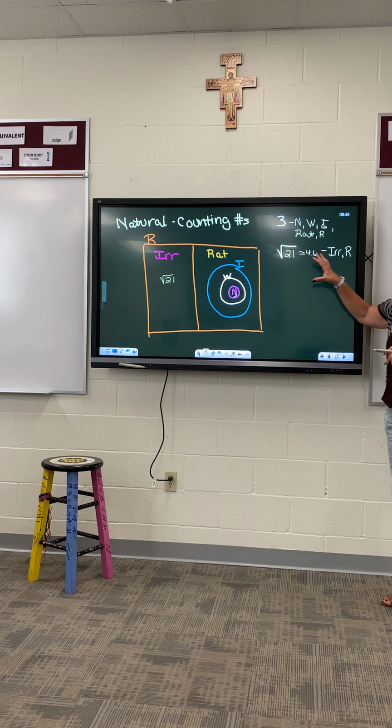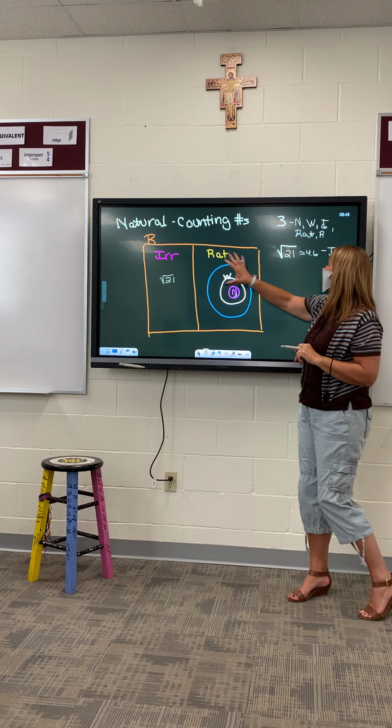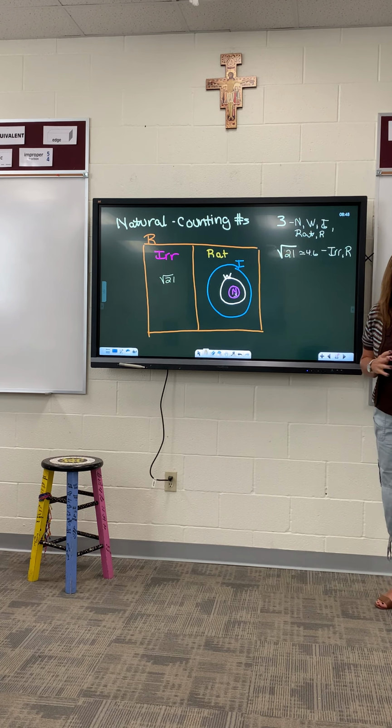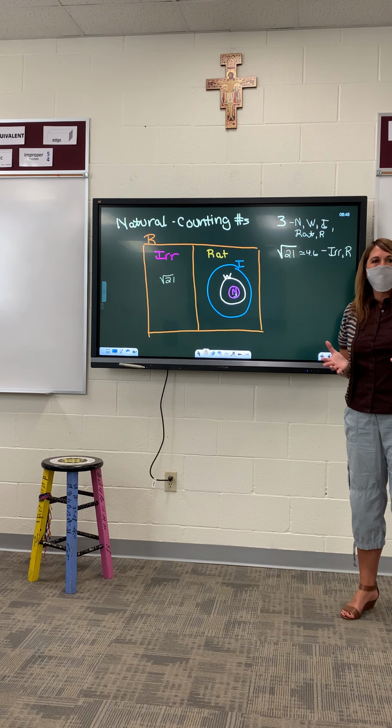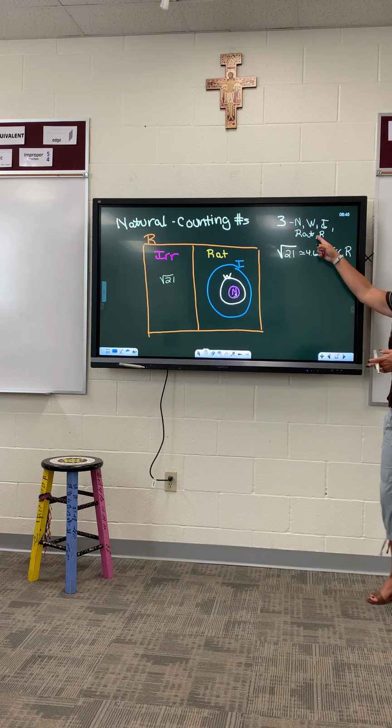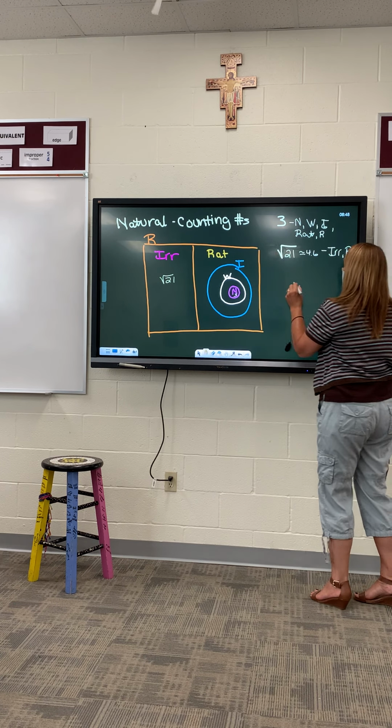So these are number groups, but if I'm classifying this, it might say, write all the subsets of the number groups that the number belongs to. And that's what we're doing. Let's do a few more of these. How about